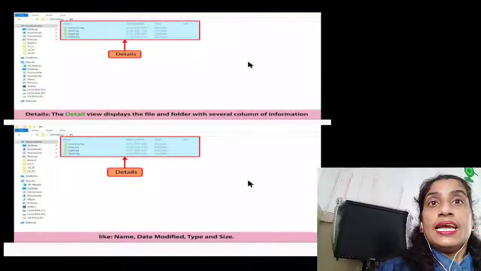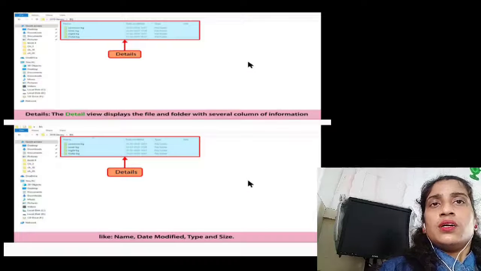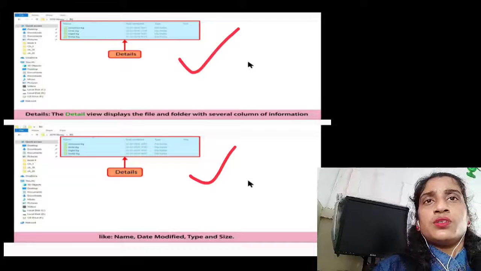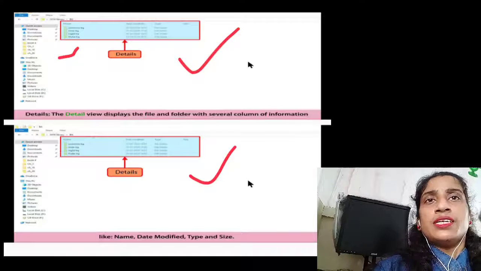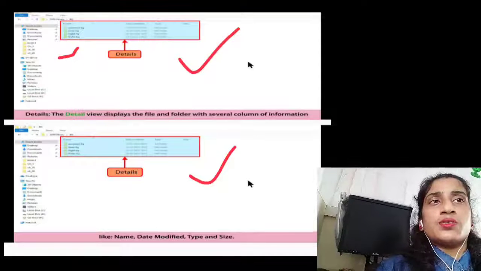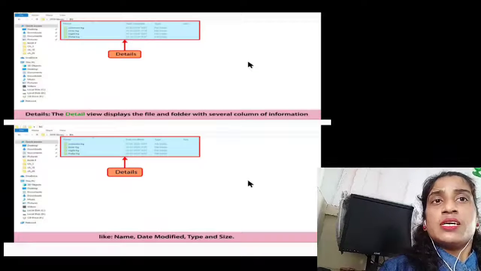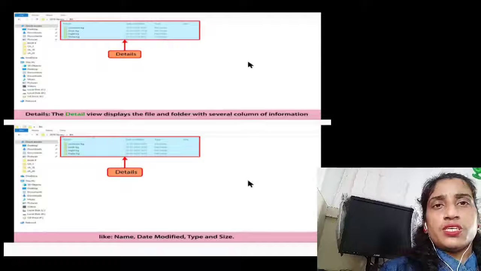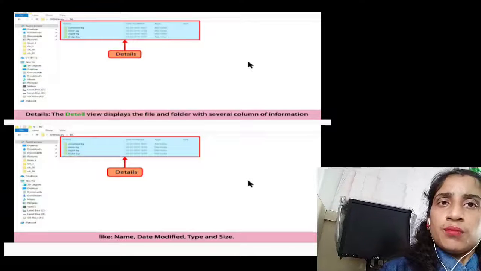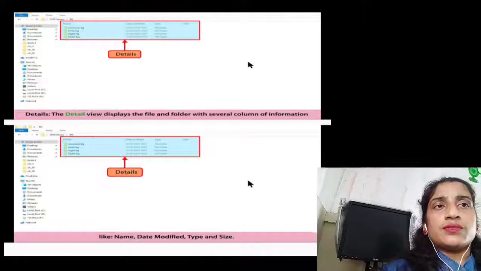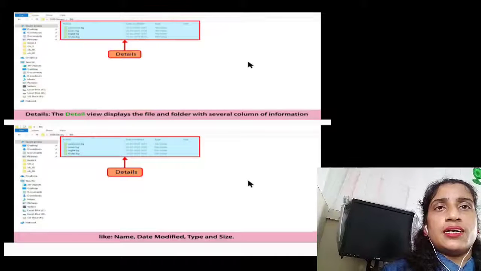Next is details. Have you seen the details like this? You see the list with their details. The detail view displays the files and folders with several columns of information like name, date modified, time and size. So this one is the detail view.